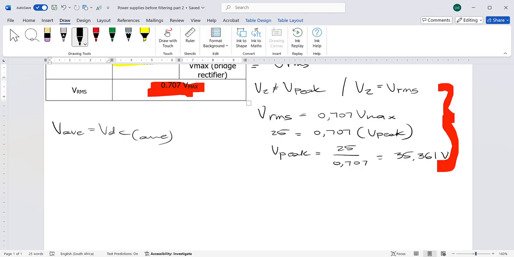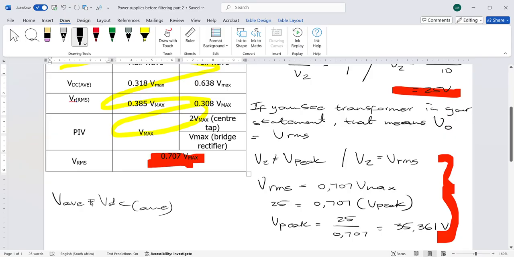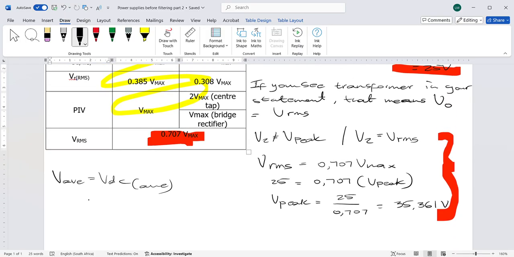But now, this formula here is only applicable if you do not have a capacitor, or the value of the capacitor is not given. So, VDC, bracket average, is equal to